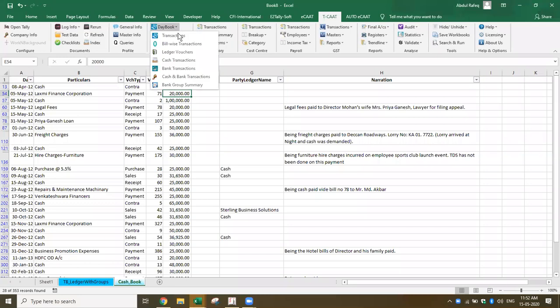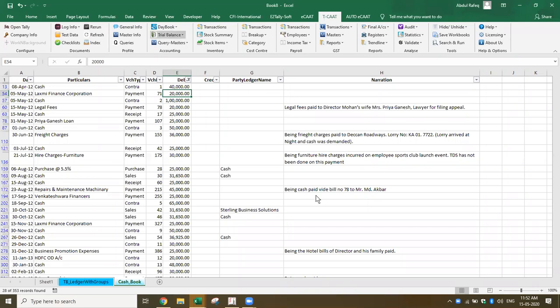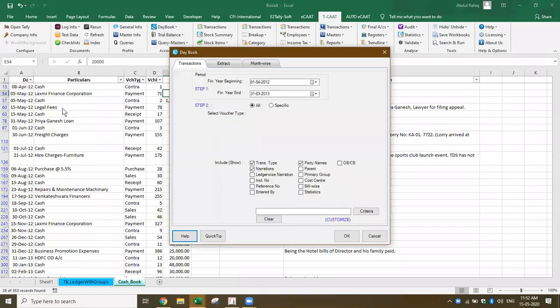There's one more way. What you can also do is go to transactions. Initially, I would suggest that you extract all the transactions and do the analysis, because here you'll also know if they've done it for the same party on different dates. You'll be able to get this information.